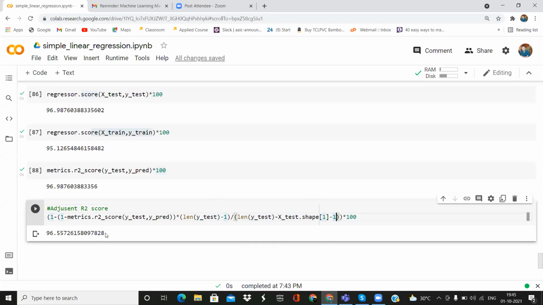It won't be very different because there is only a single independent variable, so there is just a little difference. But in the case of multiple independent variables, you can see the differences.